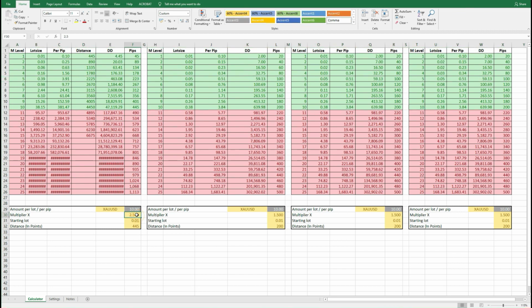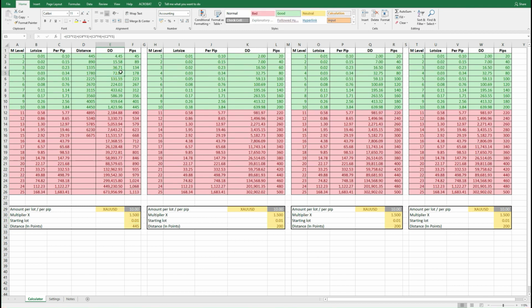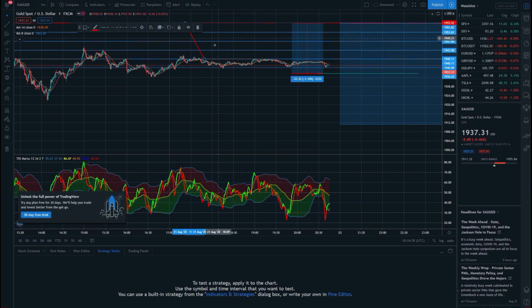Oh sorry, this one should be 1.5. Your DD should be at $73. Now, for it to recover, it would need 2/3 of this length to recover, which means that it will need to go from here to here,